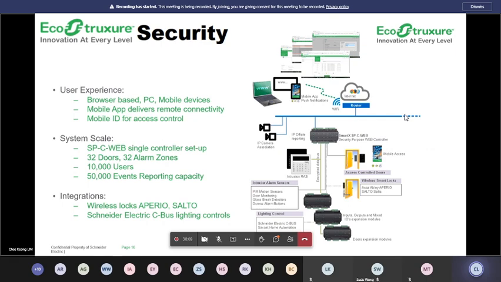So in Schneider Electric itself, we also have what we call the security card access systems, which is being shown on the screen now. With this system, we can provide a comprehensive solution to monitor the entrance or the exit of all the patients, or who are the patients that are staying there. Okay, that's just one of the examples.